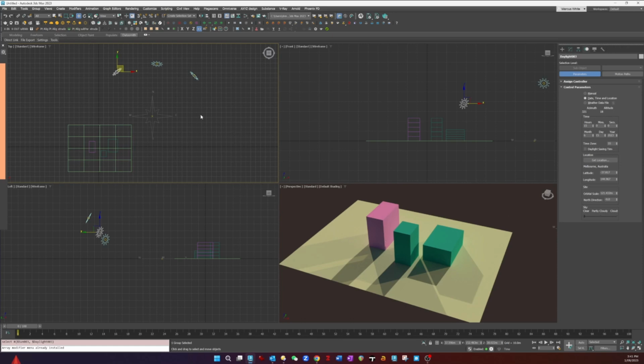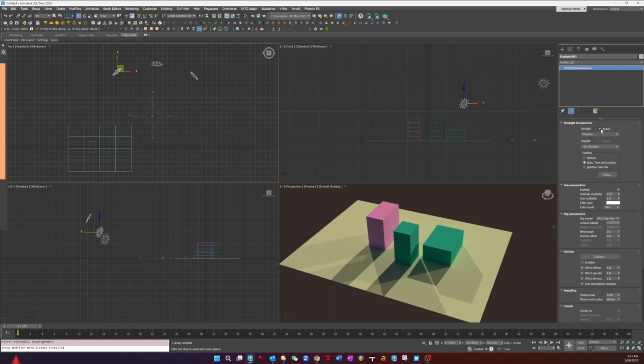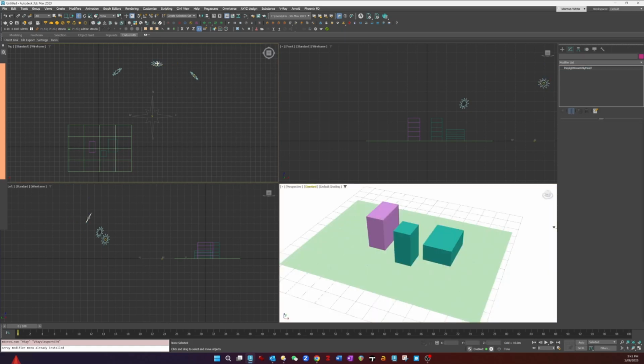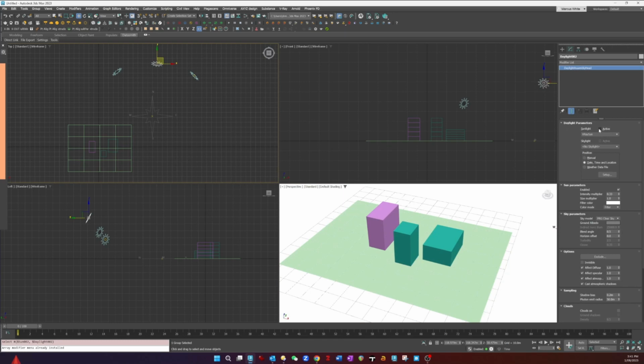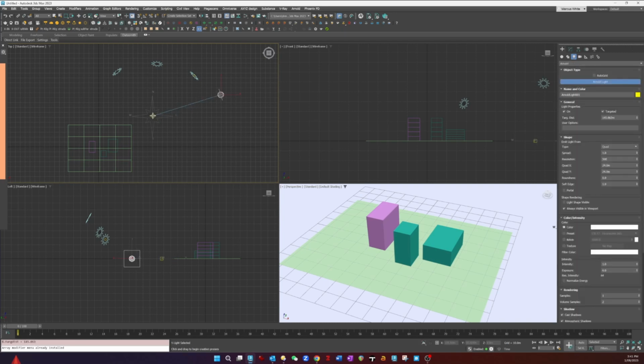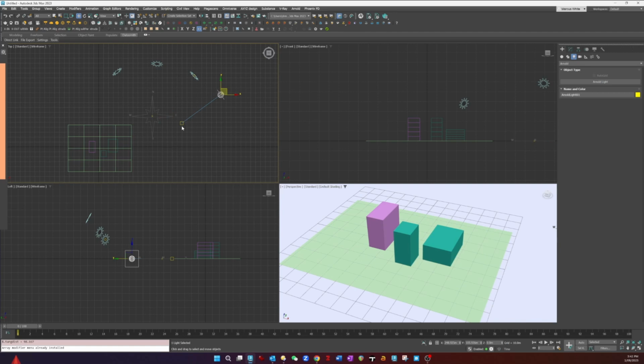If you are using Arnold, it's an identical process, but what you would do is you just turn this light off. I've got V-Ray as my engine, but you turn all of your suns off, and then you would make an Arnold sun system, and then you could align that. So if I select this guy, align,